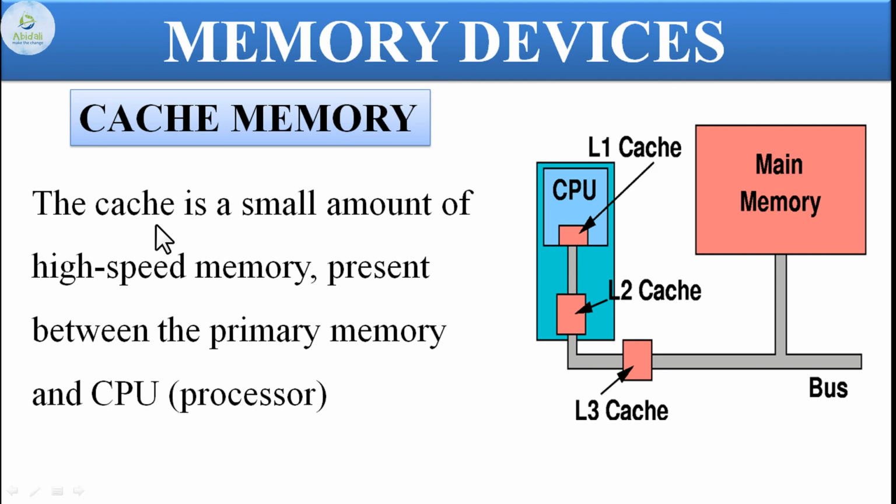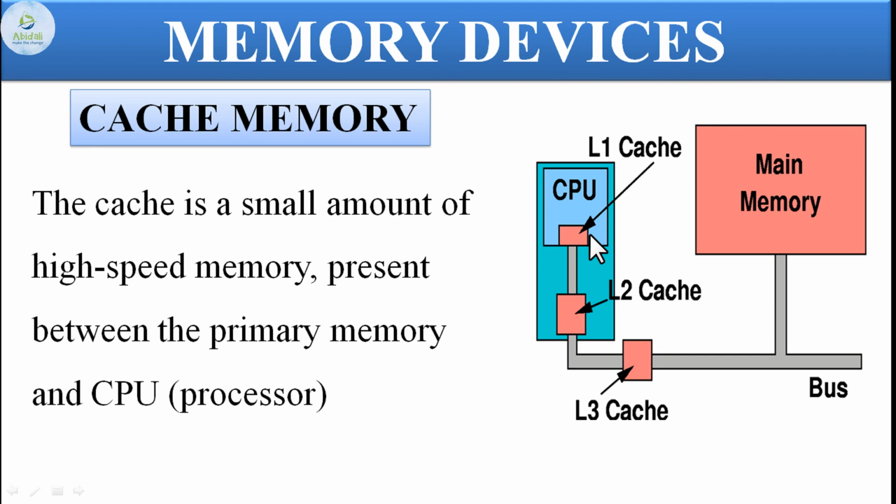The last concept in terms of memory is cache memory. Cache memory is a small amount of high speed memory present between the primary memory and the CPU. Once I asked students to pronounce this word, and a few started pronouncing it as Chachi memory. It's not Chachi memory, it's cache memory. Cache memory is very small and present near the CPU. Why is it present near the CPU? So that any intermediate results or files that need to be accessed are available at a much faster rate.